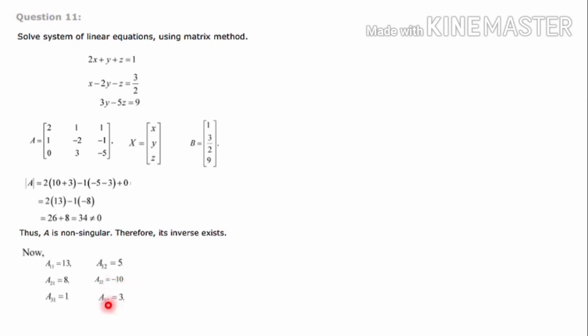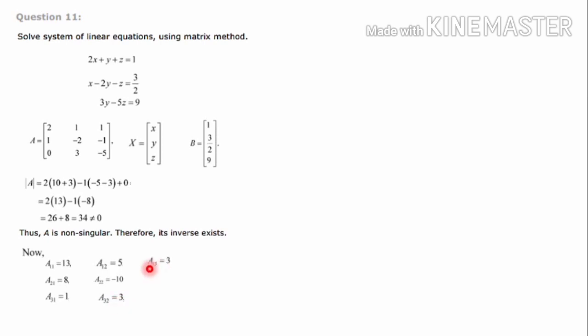Next is the A32 element cofactor. The A32 element is third row, second column, that is 3. That particular row and column is gone. Then 2 into -1 is -2. Then -1 into 1 is -1. So -2 minus 1 is -3. Here, 3 and 2 adding, we get 5. 5 is an odd number, so there is a minus sign outside. Minus into minus, plus 3 is the answer.